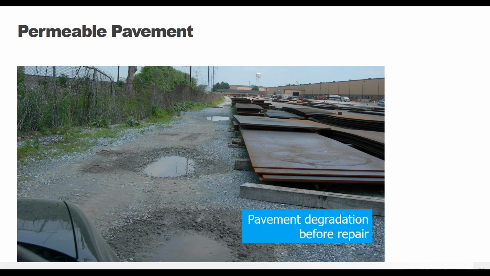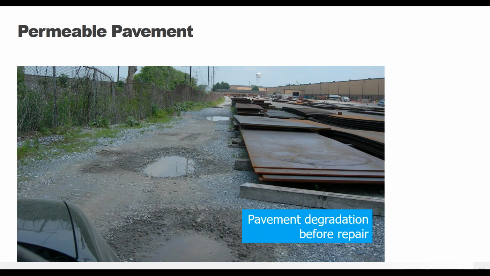So this heavy-duty permeable pavement project was actually at a steel fabricator's location in Pennsylvania. Heavy single axle loads up to 150 tons were utilized at this site, and they had really soft subgrades with silts and clays. So really something that didn't have a lot of strength on its own. So there were lots of ruts. You can see these really deep potholes, lots of maintenance that they wanted to try and reduce.